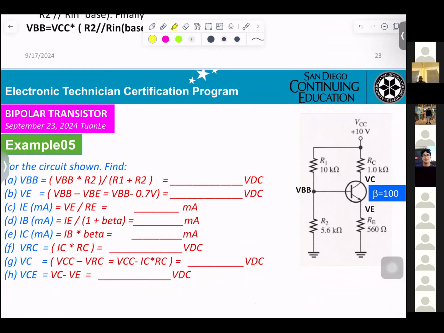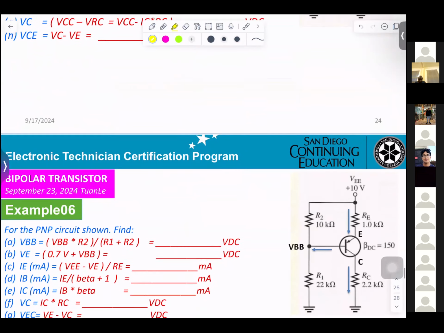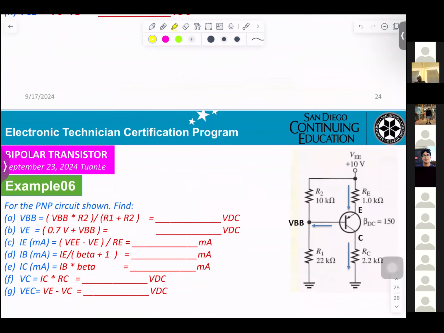And on this one, what they want you to calculate is VBB, VE, IE, IB, IC, VRC, VC, VCE, everything. You have to do it, okay? Next time we get in the meeting, I will be asking you, make sure you calculate it, okay? We already gave it to you, okay? However,